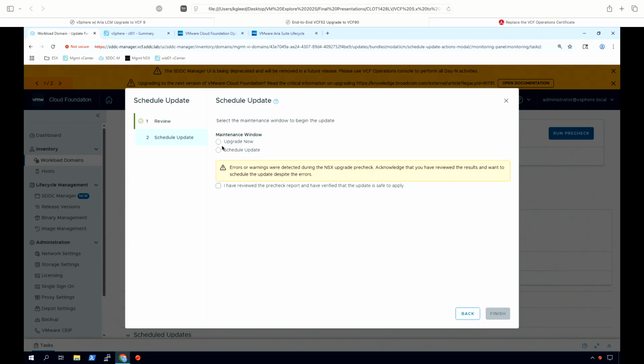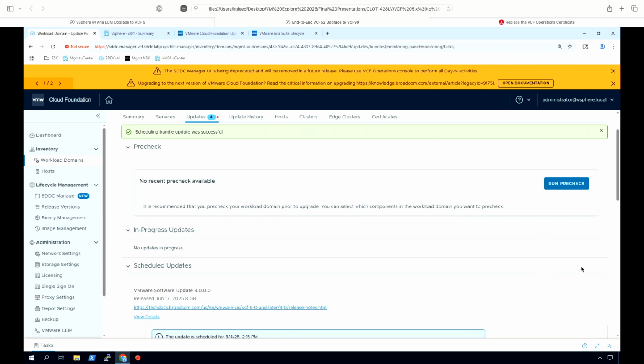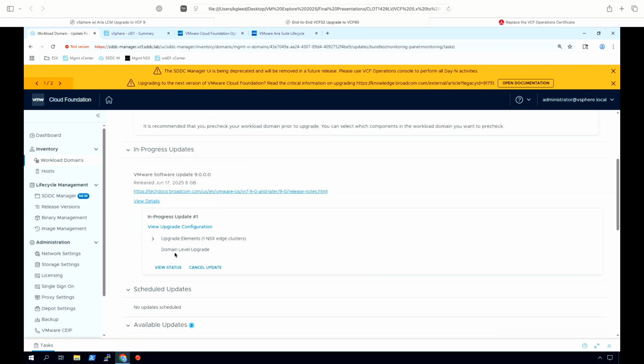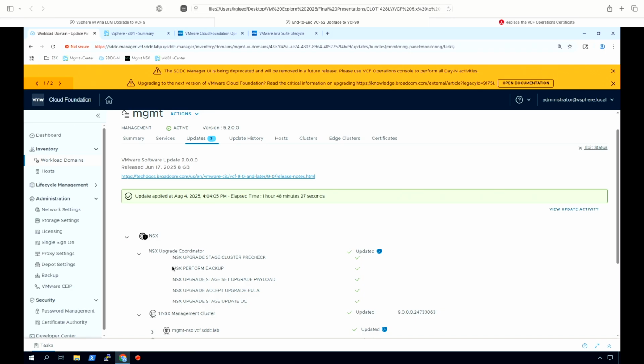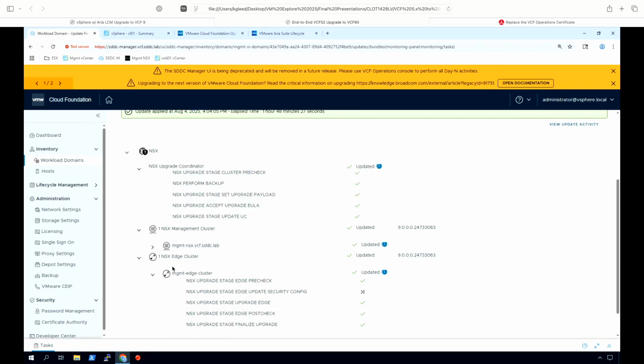Okay, I'm going to do the update now. And we'll go ahead and the update will go down to the in progress state, and I can view the status. And an hour and 48 minutes and 27 seconds later, my NSX has been upgraded. Okay, so you'll notice it went in and updated what we call the NSX